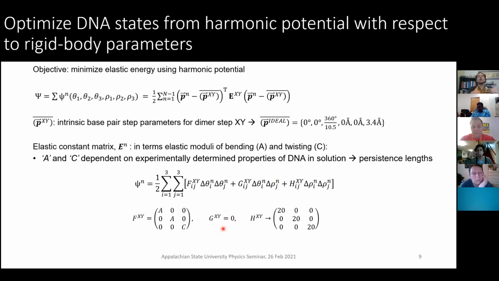rotation and translation, but we do have levels of knowledge-based force fields that give us that information as we go deeper into studying effects of sequence. And we want to set our translational parameters to be so high that they don't influence the overall optimization. So what I'm really getting at is, yes, we can go through and have high level detail to our optimization, but we can make approximations and focus on representations relative to a linear piece of DNA based only on rotational parameter changes, which is really nice for us because all we really want to do is understand what the structure is doing, that mesoscale approach that I had mentioned earlier.